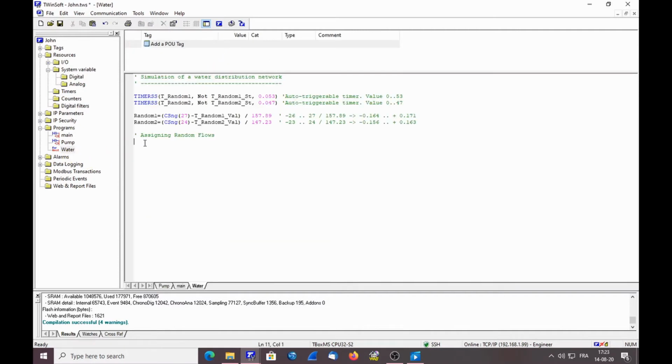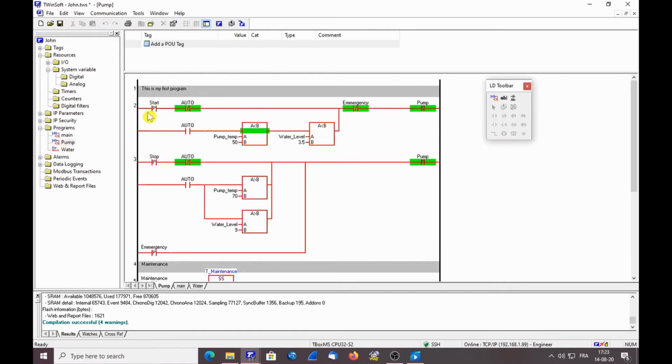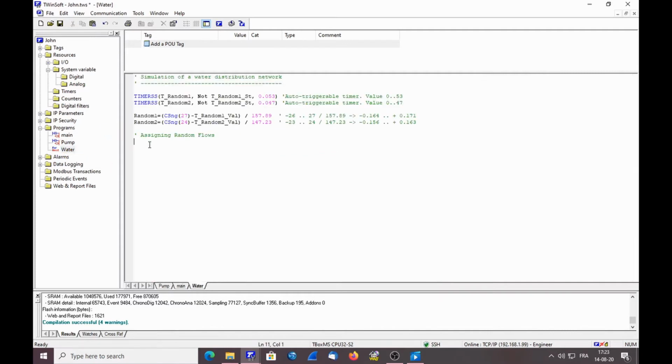To use transitions in BASIC, I have functions called trigger pos and trigger neg. It's the equivalent in the ladder to positive edge contact or negative edge contact. So I can just type if. You see that when I type a text which corresponds to a keyword, it turns blue. Then I have my trigger. If I don't remember the name, I can press F8 and I see my functions, and I can see trigger neg, trigger pos. So if trigger pos,